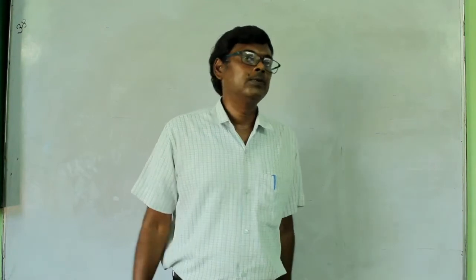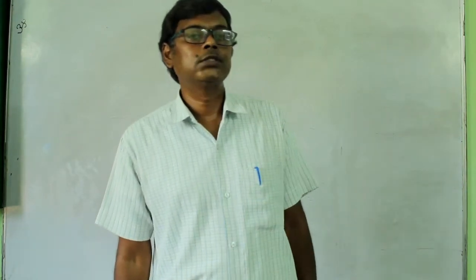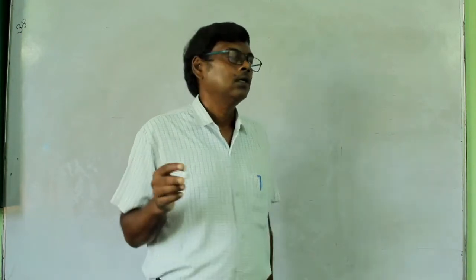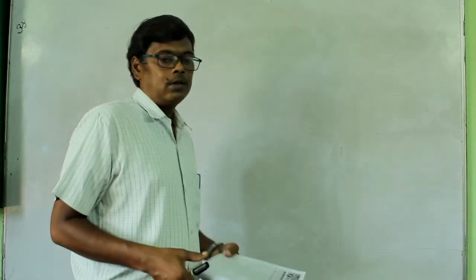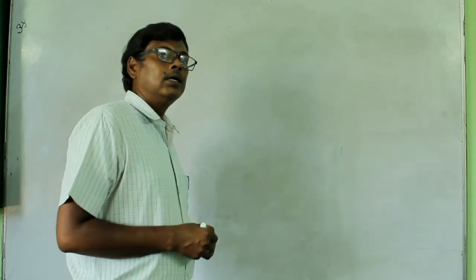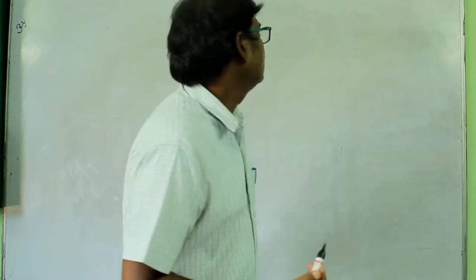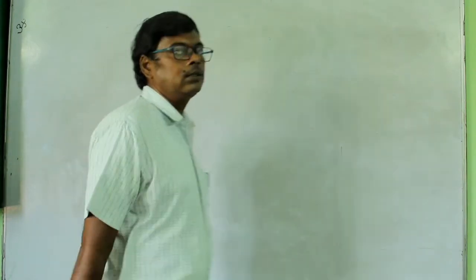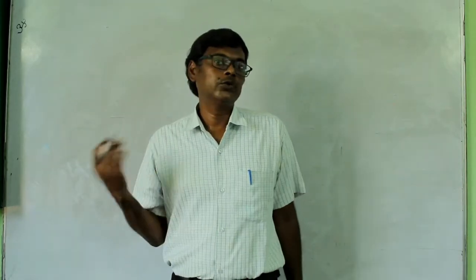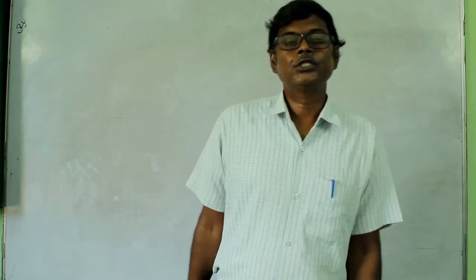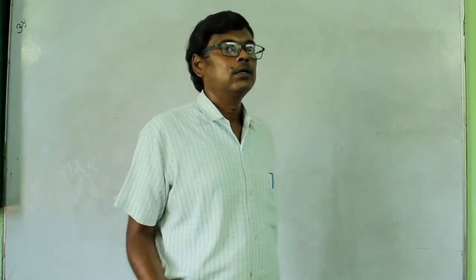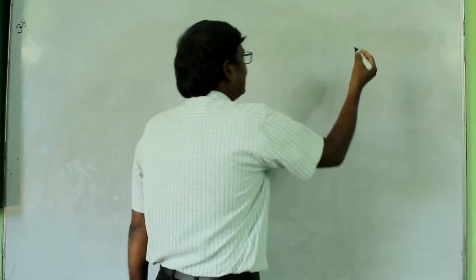First I will explain the fundamentals of this chapter, and then I will solve some questions from the exercise. Okay, so first start with a right triangle. In this we have the trigonometric ratios. So what are they first? You know the ratio. You would have studied ratios in the previous classes, the ratio of two numbers or three numbers. So here also we have the ratio, and first let us draw the right triangle.